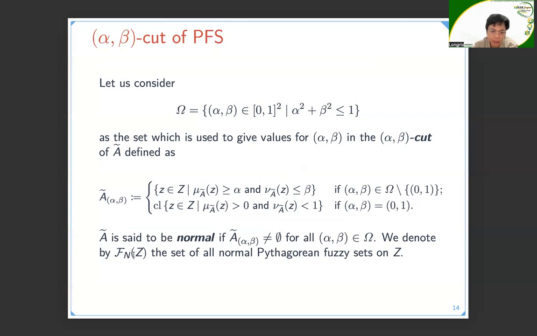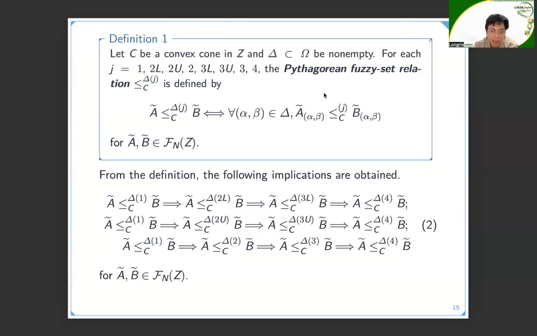We denote this as the set of all normal Pythagorean fuzzy sets on Z. And now we introduce a new definition, which is the Pythagorean fuzzy set relation. Pythagorean fuzzy set A is inferior to another Pythagorean fuzzy set B if and only if for all alpha beta in this delta, which is a subset of omega,